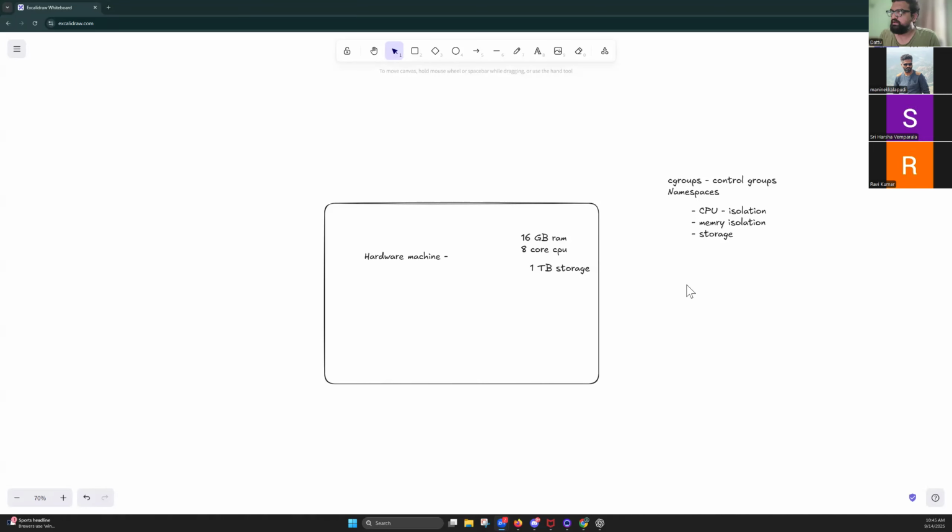Yeah. So as we are discussing the containers, right? So we have a machine with these storage parameters, these virtual parameters. So we have the namespaces and cgroups. So coming to the namespaces, they cover CPU, memory, storage, also network,